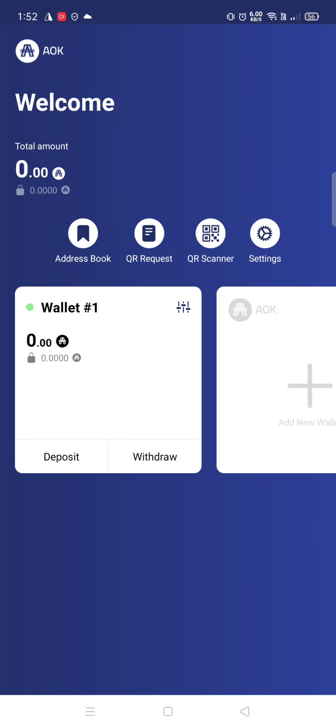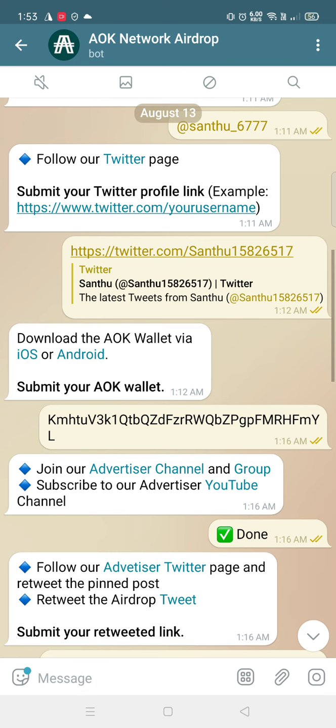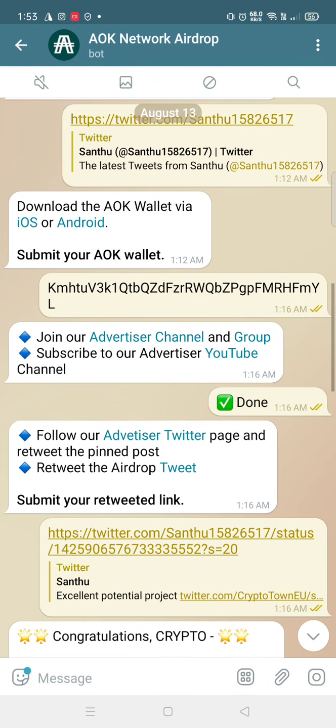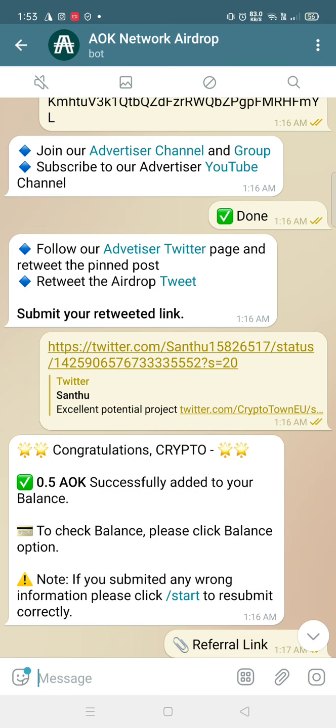Copy this address and give it in the bot. After giving it in the bot, you need to join the Telegram advertiser channel and their group, and retweet the pinned post of the promoter. We can withdraw this amount on August 20, guys.